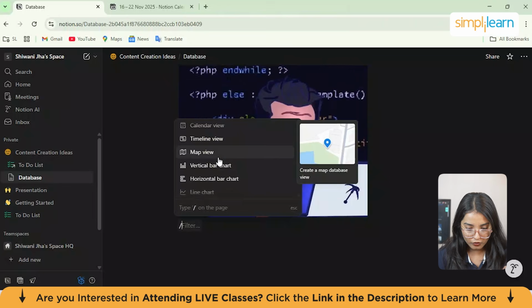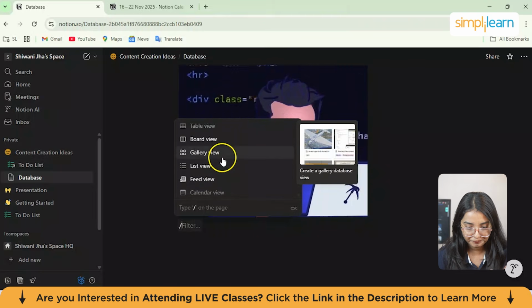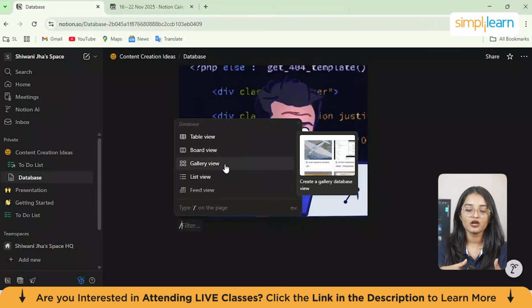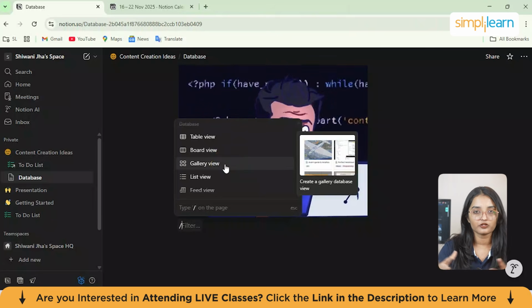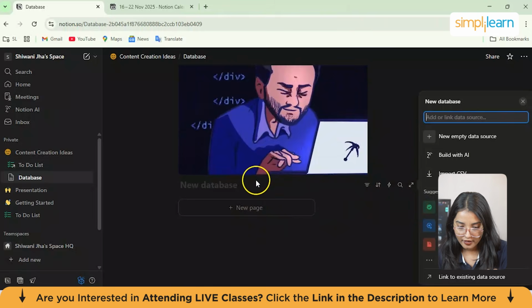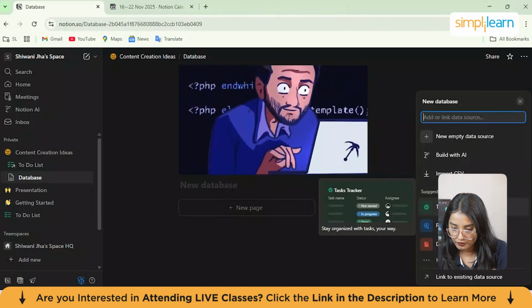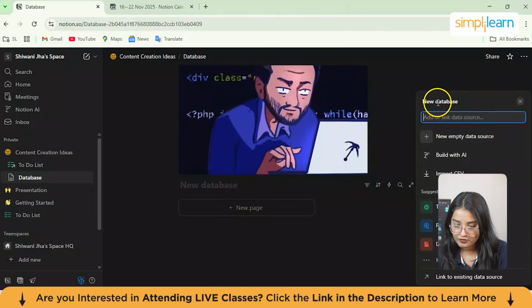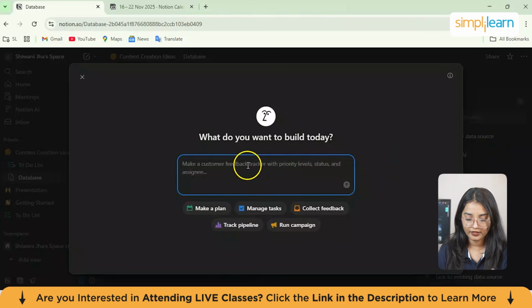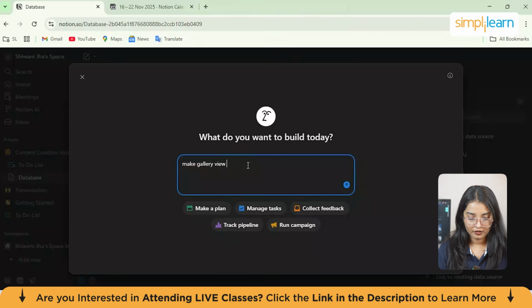Now, one more important feature I wanted to show is the gallery view. In gallery view, you need to attach images and then your page will look in the form of a gallery. So let's suppose I have clicked on this gallery view from here, and then it says you need to add a new database from here. You can build it with AI. Make gallery view for my gallery view